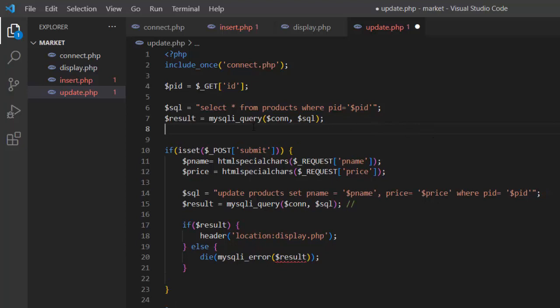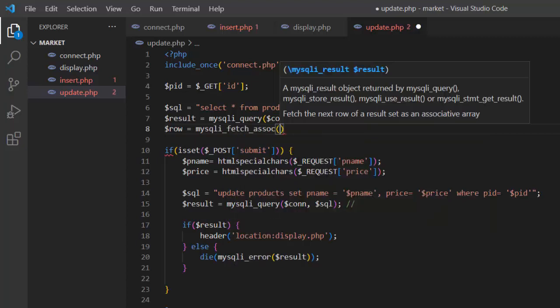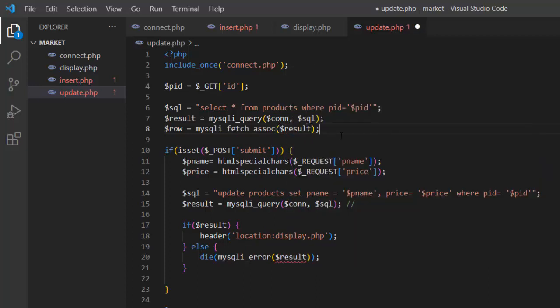We need of course to convert this to the row. So I can say here like row again equal also mysqli_fetch_assoc here like this, and the result, like we did in the previous lecture. So now it will convert it to the array, so we can use it. We don't need while here because we'll return only one row, just the row with a specific PID. So now I have it in the global scope inside PHP, so I can use row in my